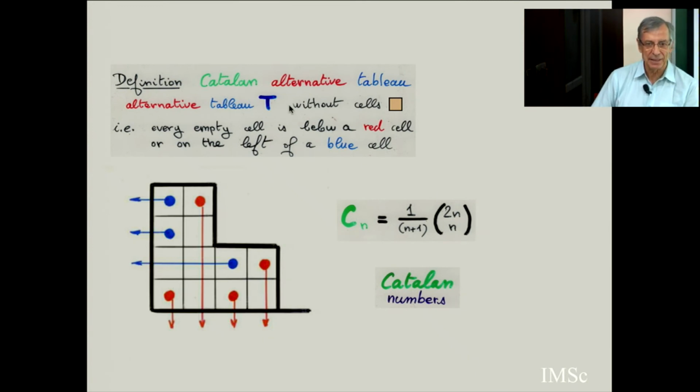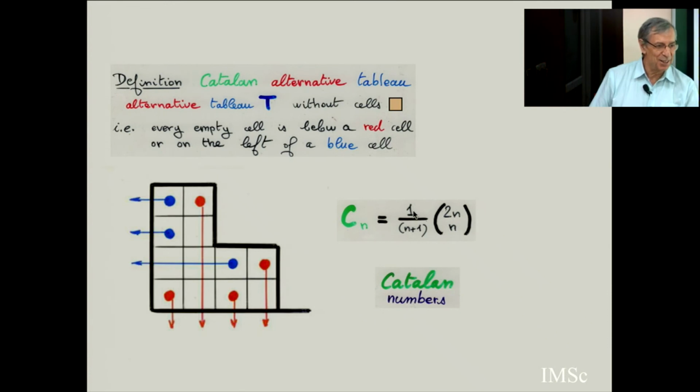I call this Catalan alternative tableau because it's counted by Catalan numbers. So very beautiful. You see, we are back to the Catalan garden. There will be many Catalan tableaux. There are 4 possible Catalan tableaux in the literature, all in bijection with this Catalan tableau. So we'll use this in the class. Again, it's in the large Catalan garden we have seen 2 years ago.